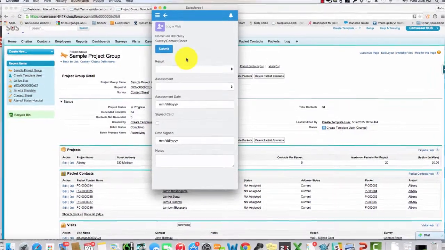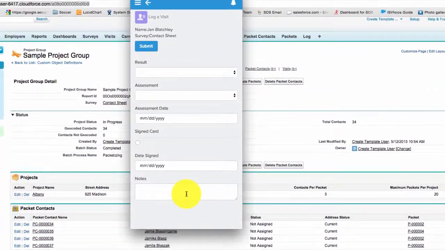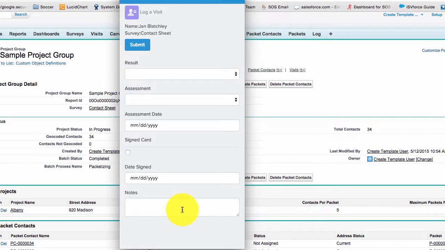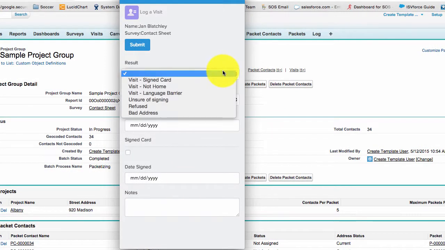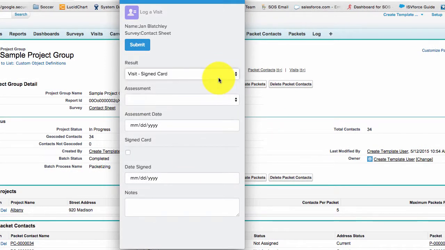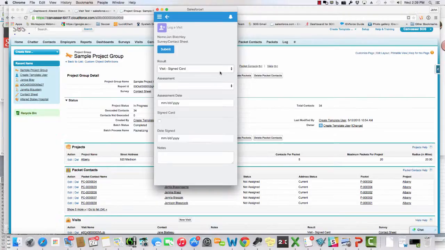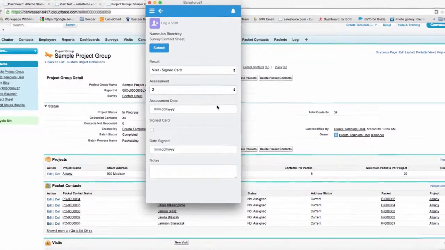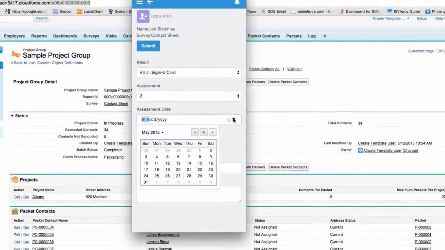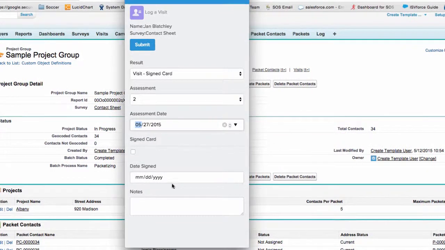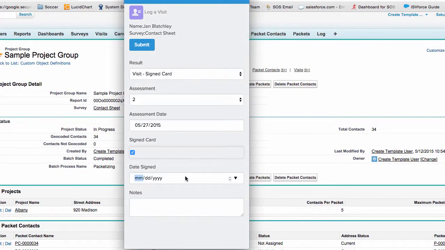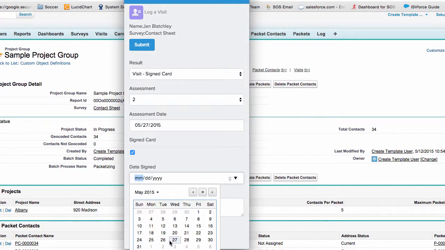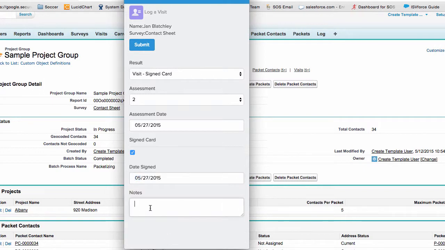On the survey, these fields are customizable. You can add any different field that you like. You always have a result, which will change how the icons appear after the visit is completed. This is an assessment, rating how interested this particular contact is. And if you want, you can have an assessment date, whether they signed a card in this case, and again, the date that that card was signed, and any notes